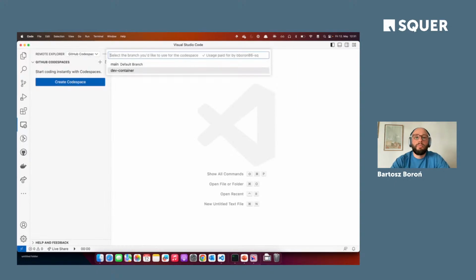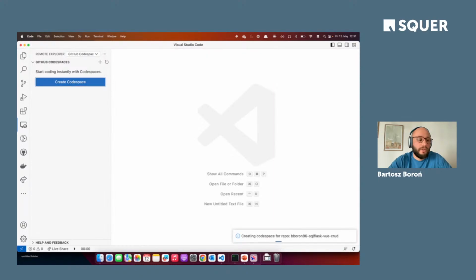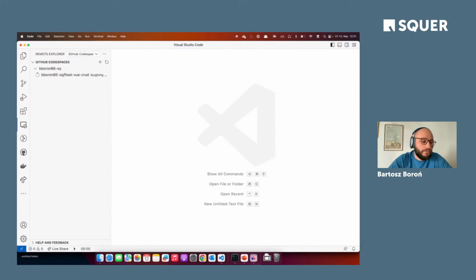I also already have the dev container JSON file on a dev container branch. So just select this. You can see you can even now select how big the machine will be, because obviously you're paying for it. So how many resources do you need? And let's take the bigger one. Doesn't really matter for the demo.